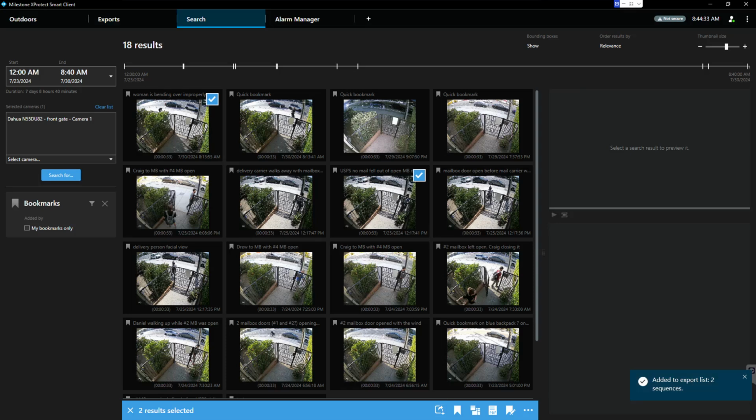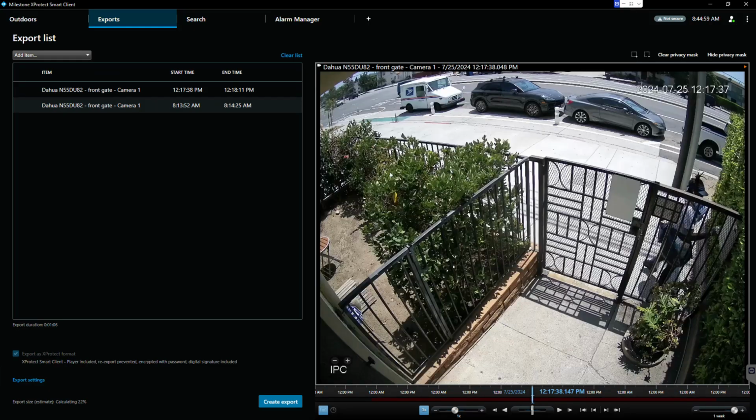But other options here, I don't really use this, but this is a mini surveillance report with both cameras selected, showing the bookmark descriptions for both. And you can edit your bookmarks, you can delete your bookmarks, but once you search and find what you're looking for, you can go to your exports tab, and from here you can say, okay, I want to,